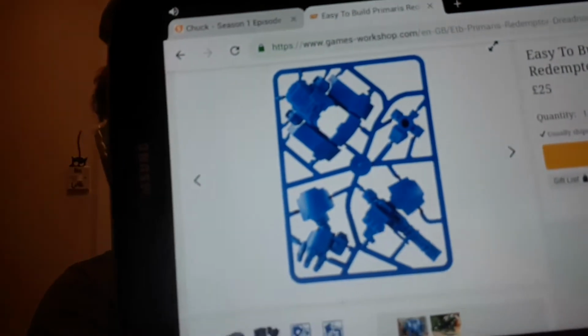So I've got it up here on my little tablet. So I'm just going to get that out. Well, here we go. This is the sprue we've got. I'm just going to get that so you can see it. Then next week, that sprue and this massive great base. So next week I would expect...